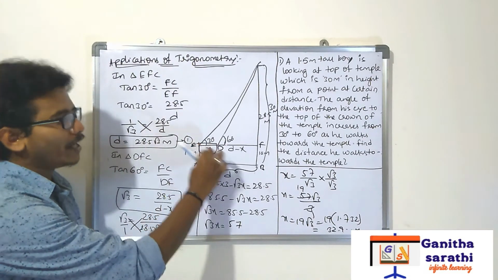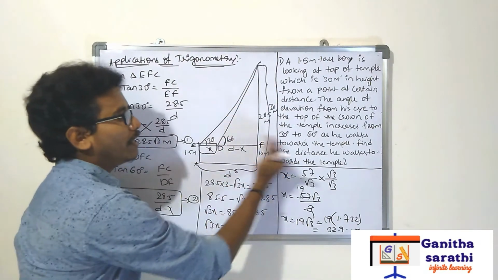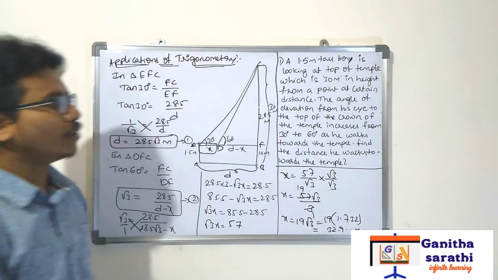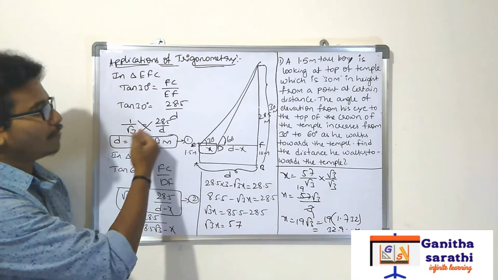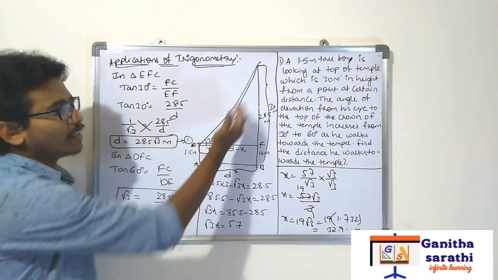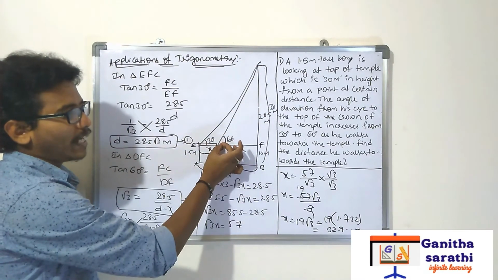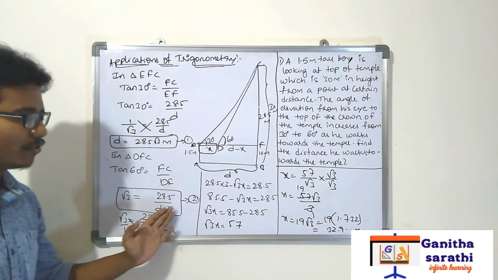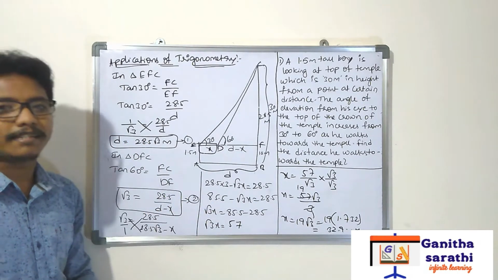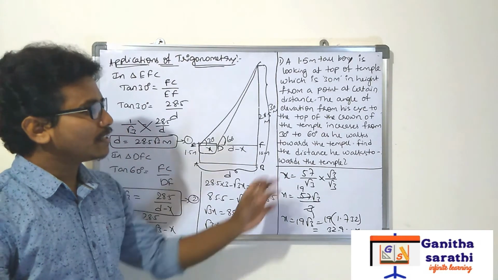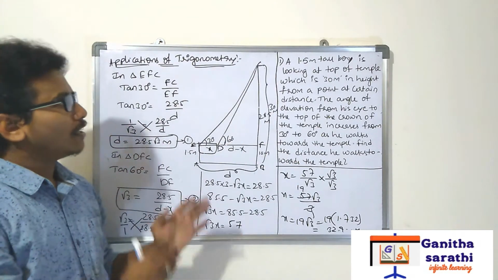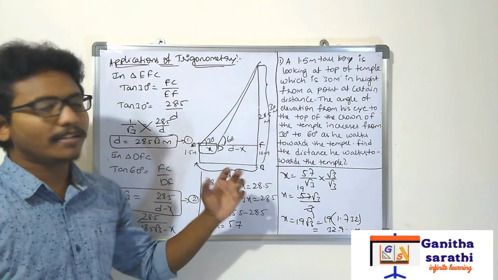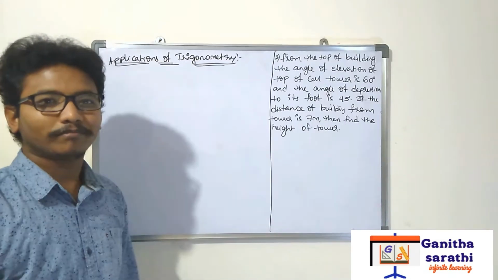If it is 1.5, in the temple height also you should delete 1.5. If you deleted 1.5, what is the remaining balance? 28.5. Now, you first find tan 30. Tan 30 is equal to opposite side by adjacent side. Tan 60 is equal to opposite side by adjacent side. By taking that, substitute equation 1 in equation 2, you will get the value of x. Understood all of you? This is the double angle problems. I will be giving 2-3 examples based on this related to the double angles. Let us move on to the next problem.